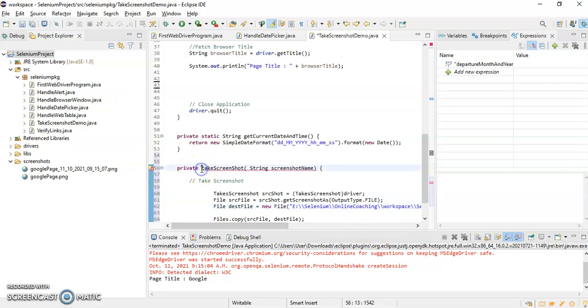And I have to make it private static void.